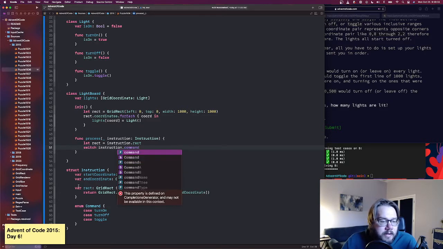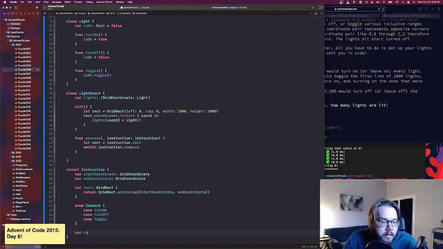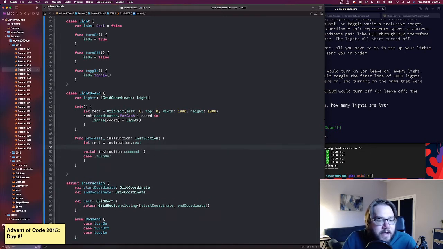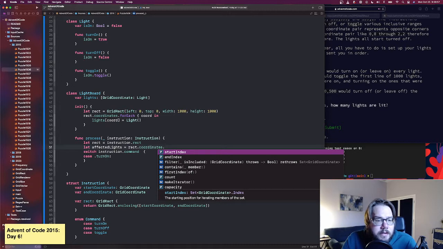Oh, I didn't get that far. Okay, var command is a command. We're going to switch on the command, and if it's a dot turn on, then we do, actually, let's start by saying let affected lights equals rect dot coordinates dot map,